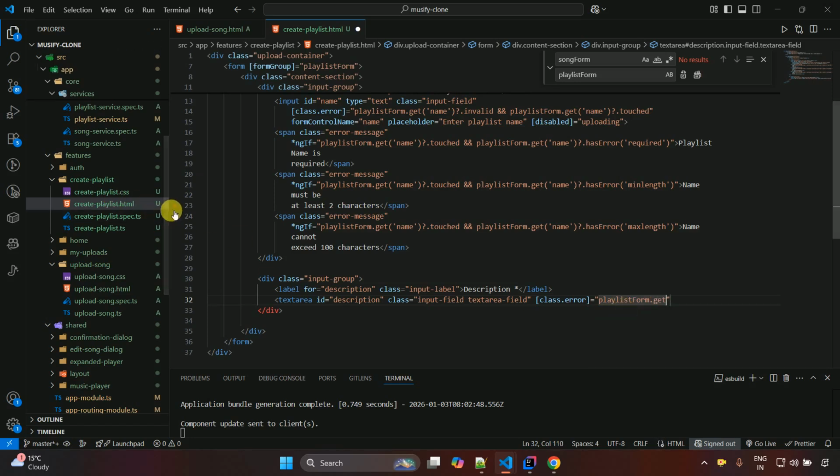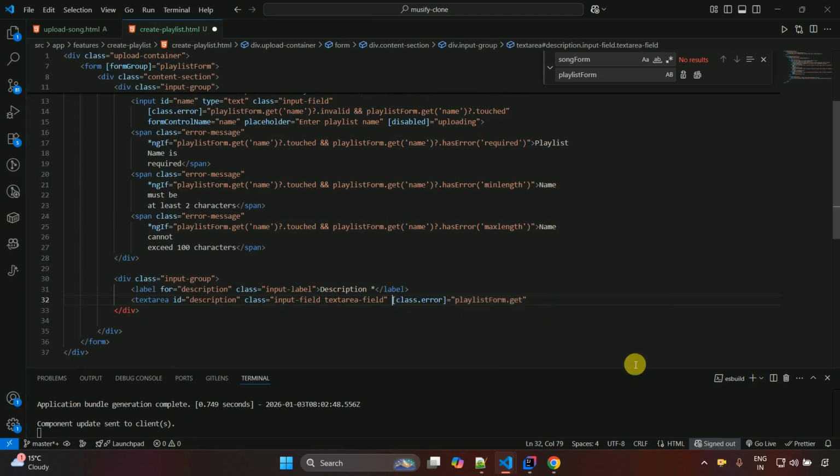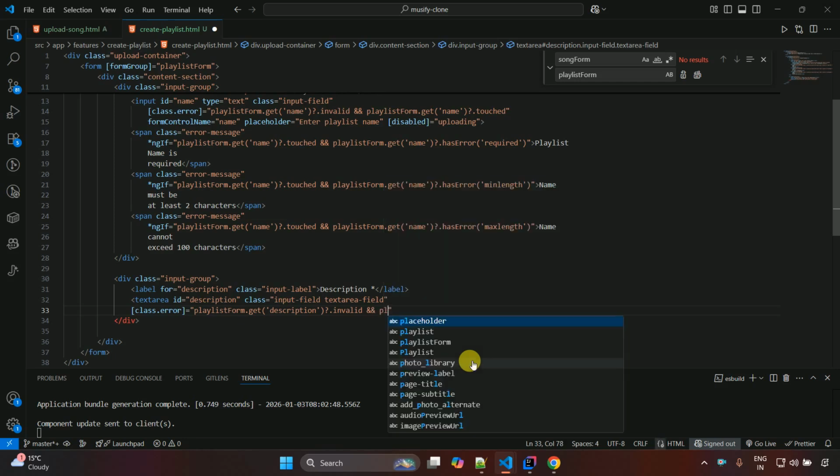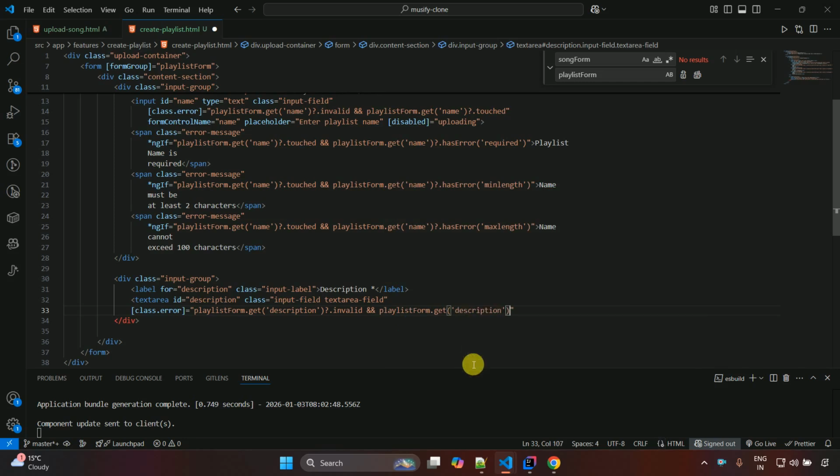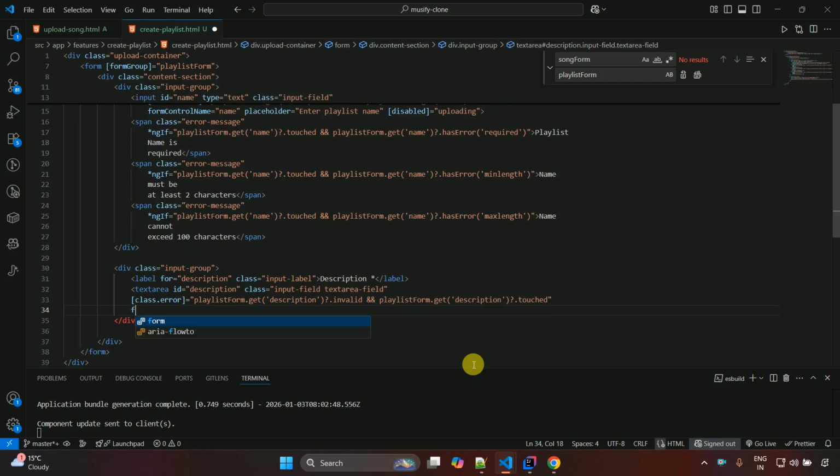Let me decrease the size of this one, and let me press enter over here, and get, and then we have to pass the description, and after that question mark dot invalid, and playlist form dot get description, and then question mark dot touched, and then after that we have to pass the form control name, and that should be a description field, description, and then we have to pass the placeholder, which is add a description, and it should be